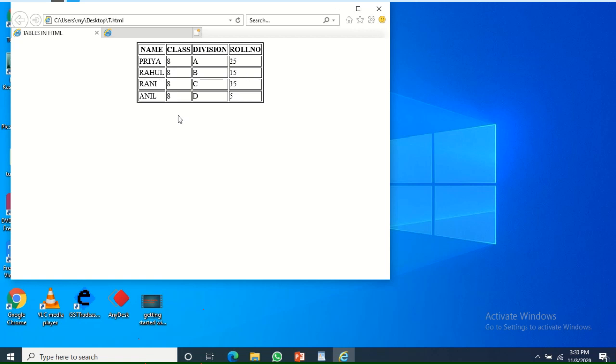Then I have aligned it to the center. Then class is there, name, class, division, th, all those things, name, th, Rahul, Priya, everything is coming.